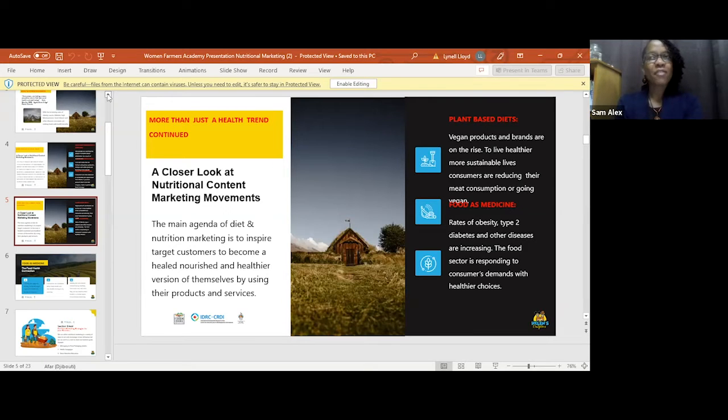So that is why now we have whole ranges of diabetic products. We have whole ranges of sugar-free products. We're seeing the emergence of a wide variety of alternative sweeteners, low glycemic sweeteners. We're seeing reduced salt products. We're seeing salt-free products, because again, the food sector is responding to the consumer's demands, which are always changing. So we cannot market food the way we marketed it when our parents were children, or what happened 40 years ago. We have to keep up with the times and change.